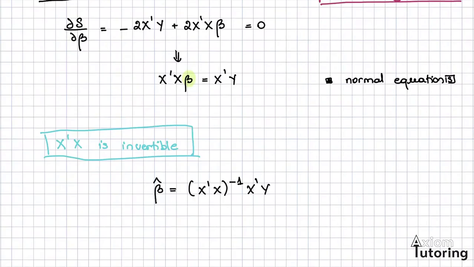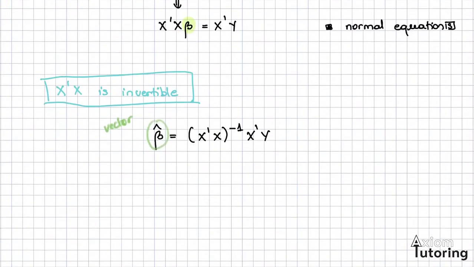You don't have the summation notations or any other algebra. You don't have separate equations for beta null and beta 1, because remember, this beta hat in here is still a vector of all of your betas, including the beta null. Okay, now some little things in terms of interpretation before we finalize this video. One thing that you have to keep in mind, as this X prime X product comes very often into our expression, is that this product actually captures the geometry